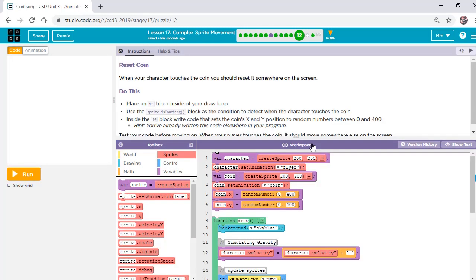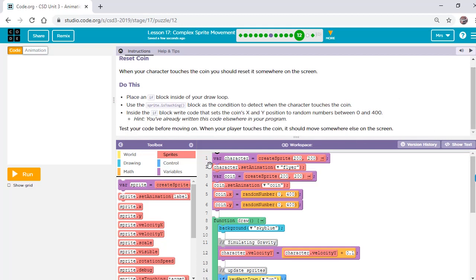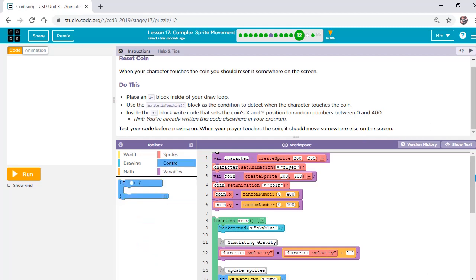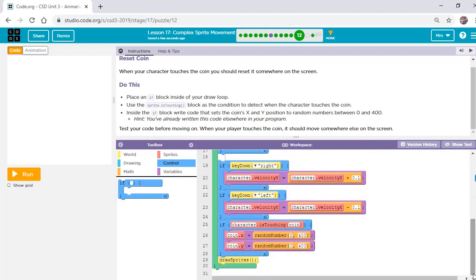In level 12, you need to place an if statement inside your draw loop. So, control, select an if statement, place it inside the drawing loop, use sprite is touching. Sprite is touching means if the flying character gets in touch with the coin, something will happen. So the condition will be